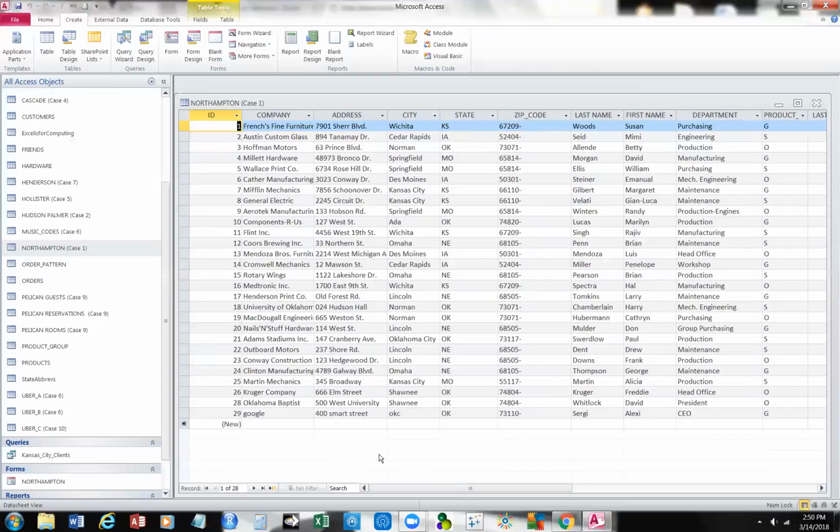We used lookup tables. We used input masks to get that done. So we've done that part so far with the